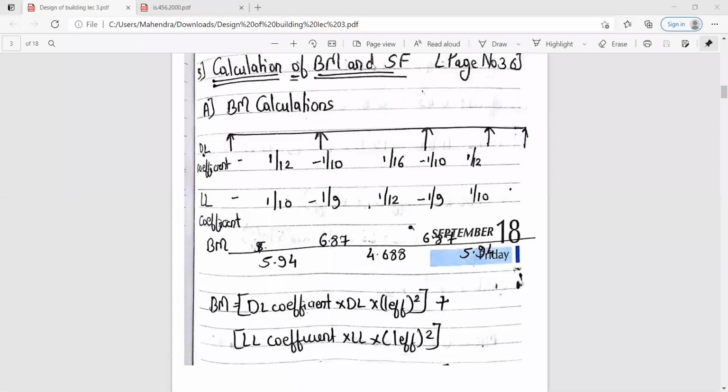Yes, Tanveer, Faraz, Anis, had you done up till here? Should I proceed further? Okay, so we'll start with the shear force calculations.